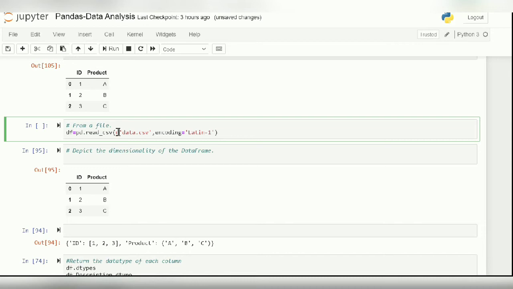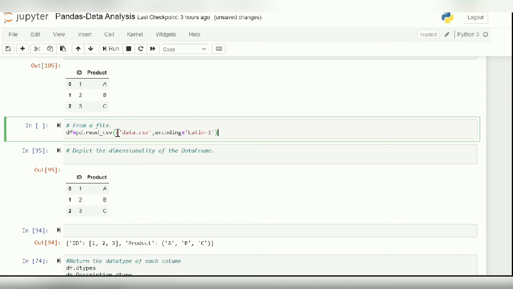So by using this, you can provide the file path followed by your file name. Here, I am not providing the file path, because it will take the default path, so I've kept this file in the default path. If you want to check what the default path is, you can write the command pwd, present working directory.